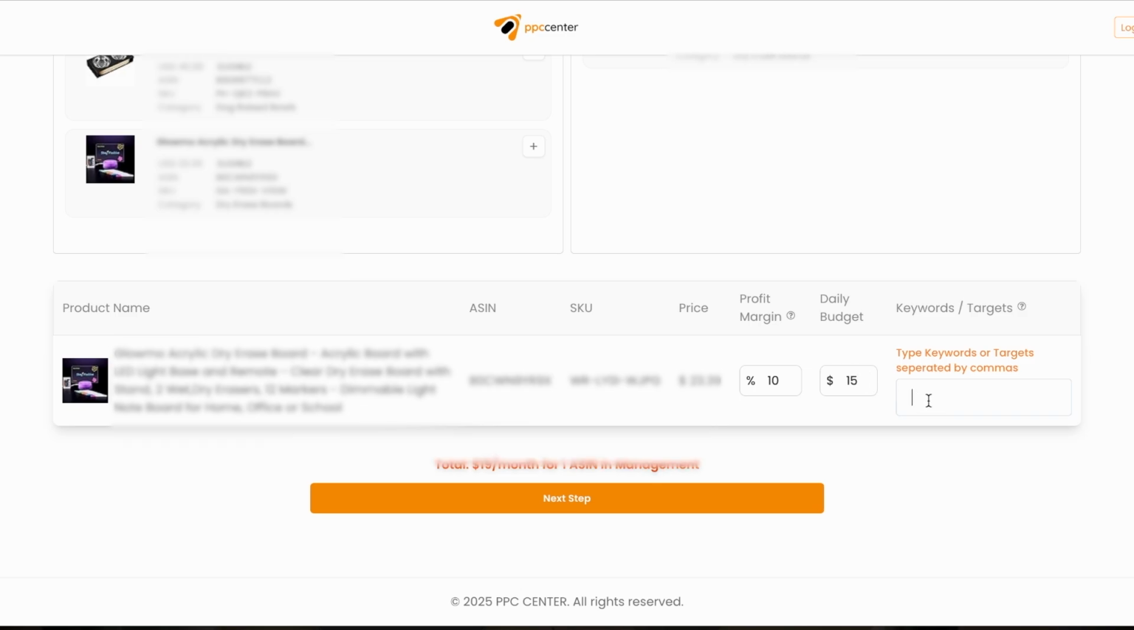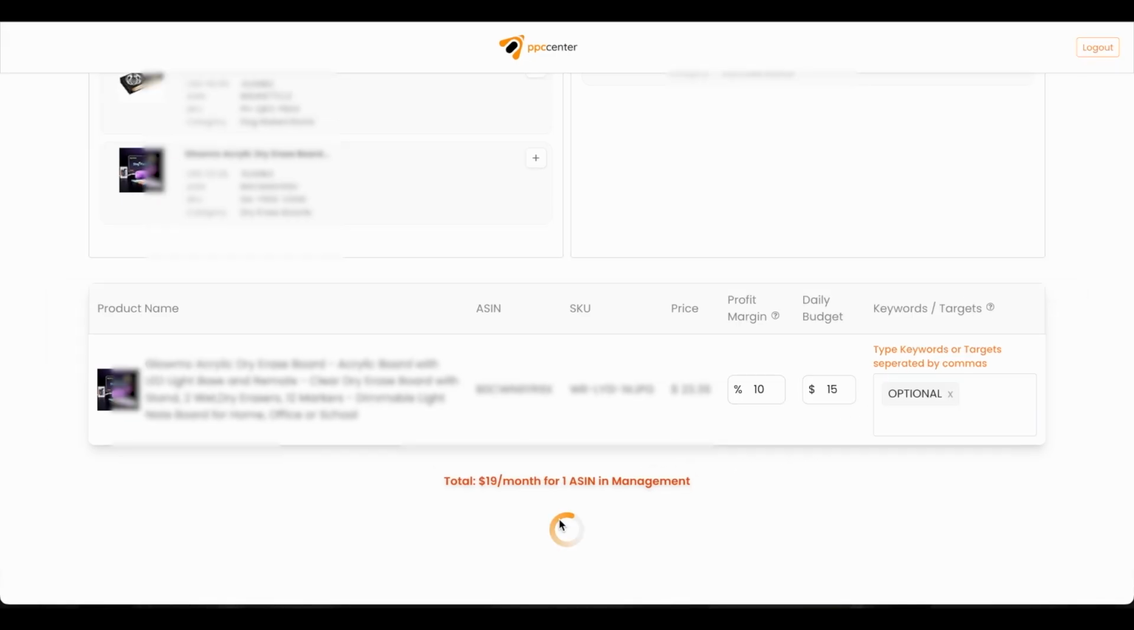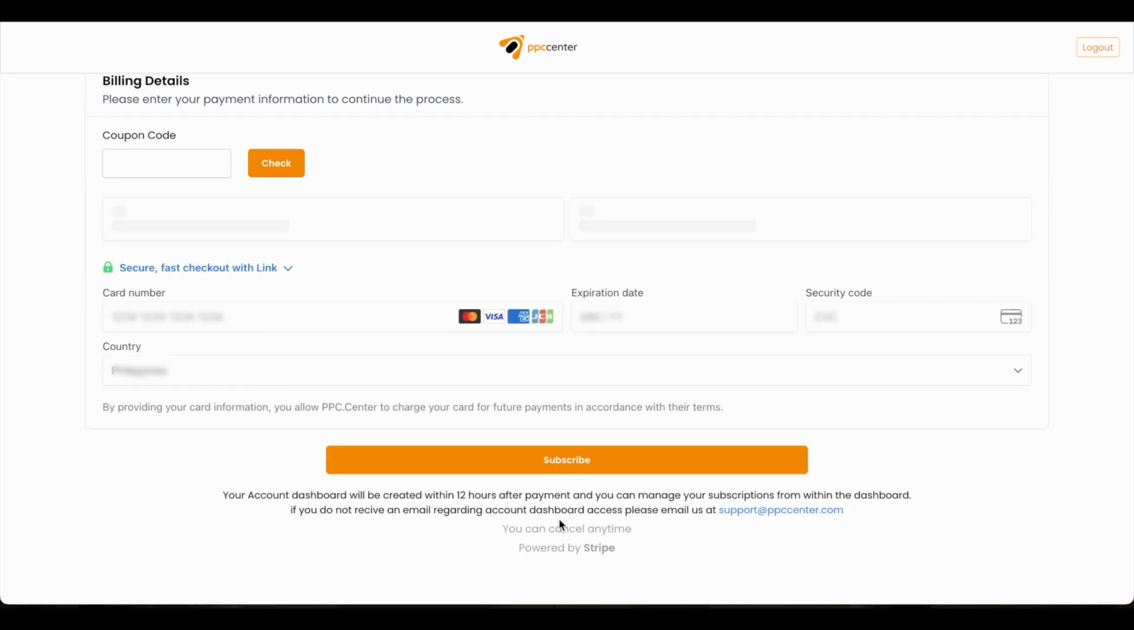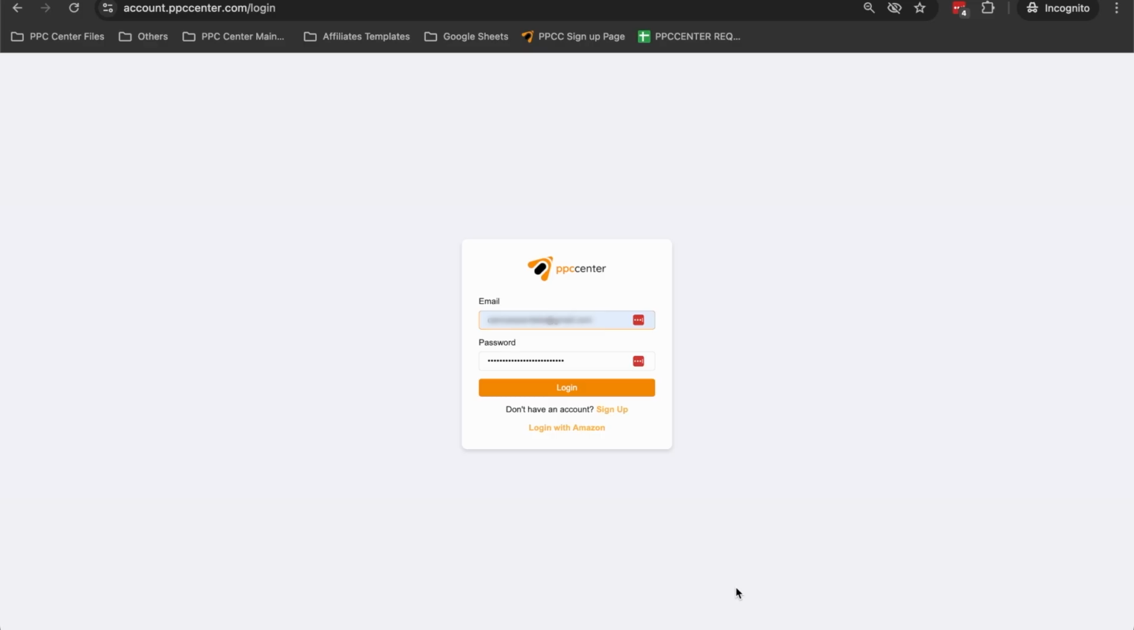After completing the following details, click the Next button to move on to the checkout page to enter your credit card details. Once you've completed the checkout page, your data will be forwarded to our system, and then your account dashboard will be created 12 hours after your subscription is complete. And another confirmation within 24 hours once your campaigns are created. Once your account dashboard is created, you can log in to